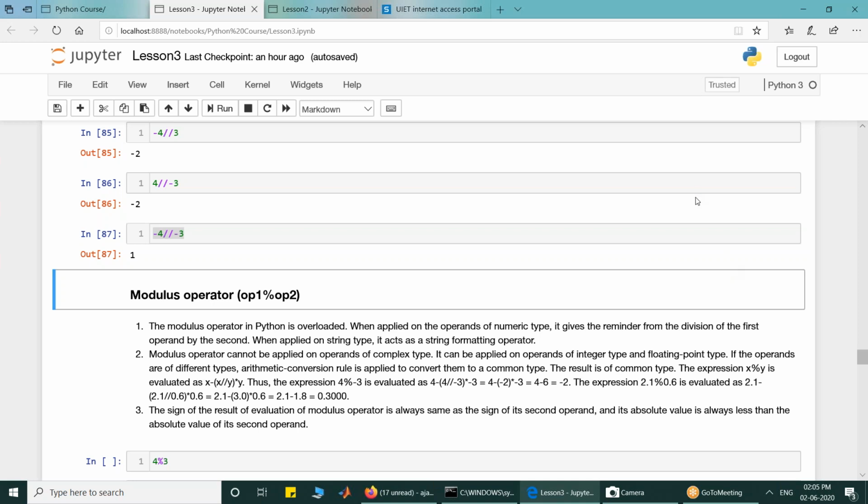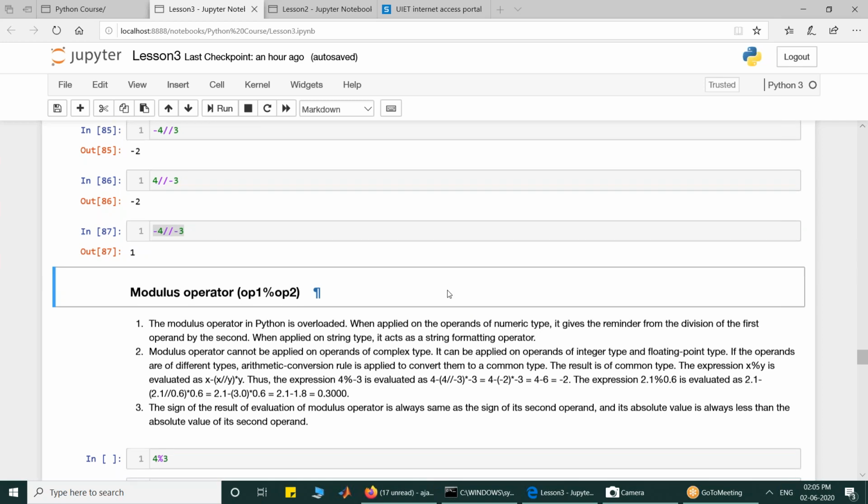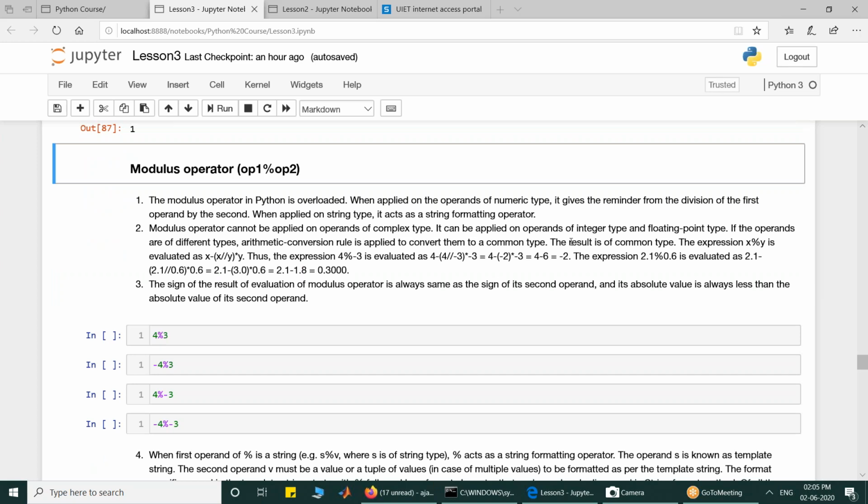Okay. So Dr. Aman, we can have the feedback. If they have any query till now, we can do with that, or otherwise we will progress with the next modulus operator. Okay, students, if you have any query, any problem or any doubts, you can clear. Otherwise, we will continue with the next topic.